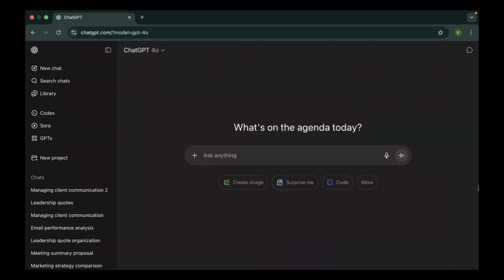Hello and welcome to this lecture in which we are going to explore custom GPTs. But before we do that, I want to talk about this particular thing. So you remember, in the previous lecture, we saw some life-changing ways in which you can use ChatGPT. And I missed out on one particular such way. So you know what? Before jumping into custom GPTs, let's actually talk about this particular thing.